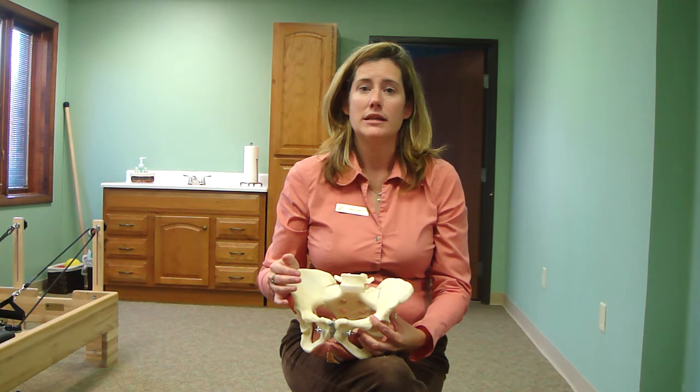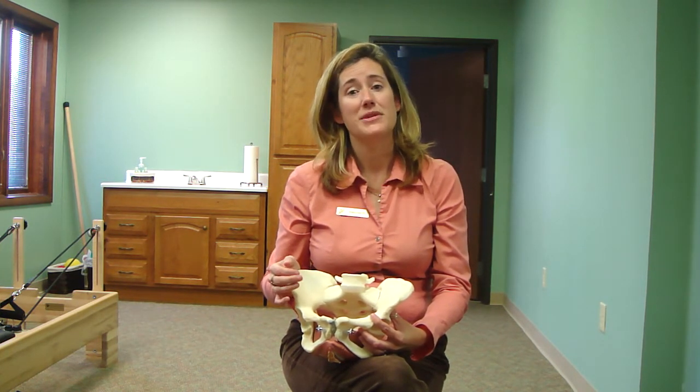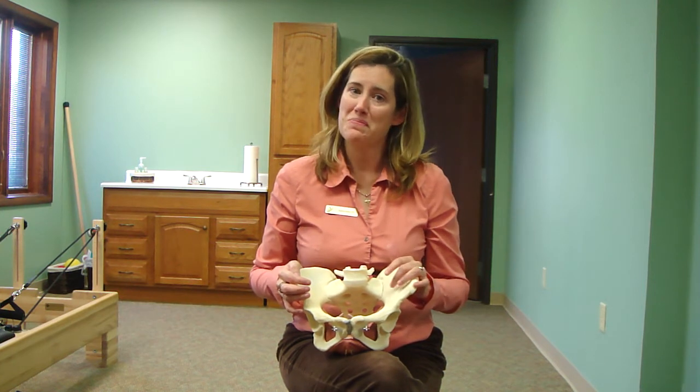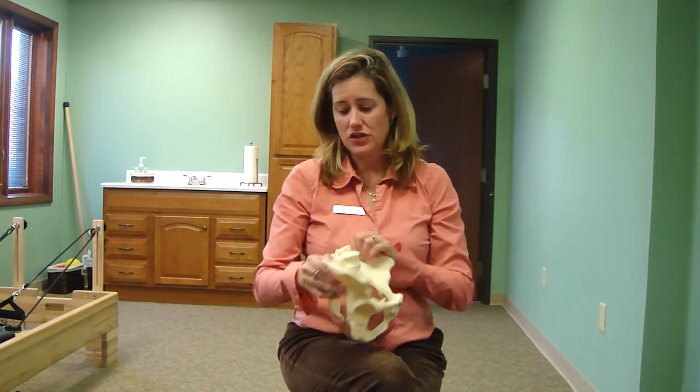For those with pelvic pain, it's going to be important to realize that not only do we need to relax the muscles of the pelvic floor, but we also need to relax the muscles that come and attach to the pelvis, meaning doing a really good hip flexor stretch, hamstring stretches, piriformis stretches. There's another muscle, you're getting a real good anatomy lesson today, called your quadratus lumborum, which also comes and attaches